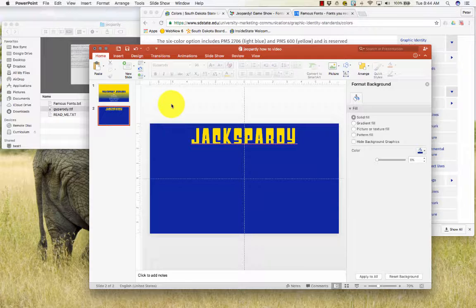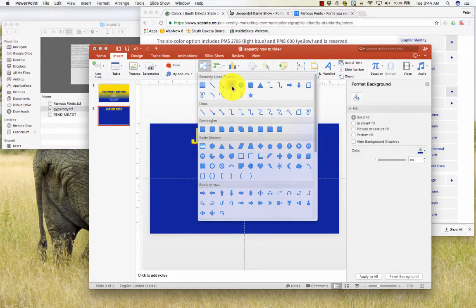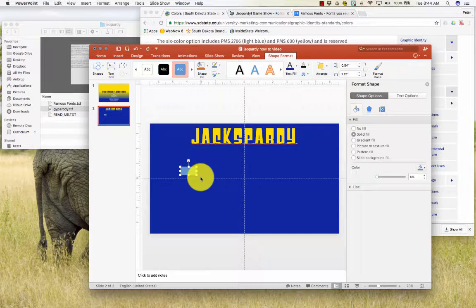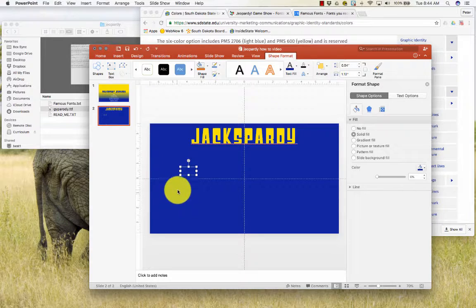Now it's time to look at inserting our shapes. So I'm up here to insert. We're going to select shapes, and we just want a basic rectangle. We're going to make it so it's not very big, so we don't want it to take up a lot of space. So we need to decide what colors are we going to do with this. I think I'm going to go with the Jack's blue again, and